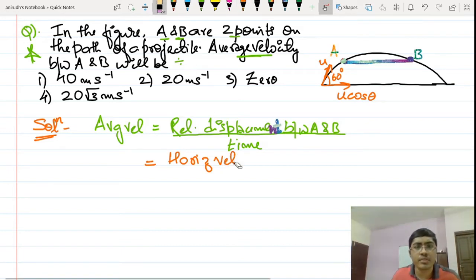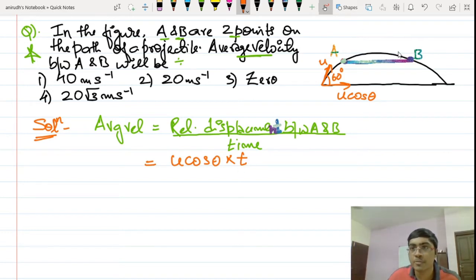or I can directly give you the equations now. Actually this is equal to u cos theta multiplied by the time taken to move from A to B. I am supposing that t is the time taken to move from A to B. The velocity responsible for moving in the horizontal direction is the u cos theta velocity only, not the vertical velocity. So this is to be divided by the time to cover between A and B. Now this will directly be cancelled off, and that is equal to the u cos theta value.